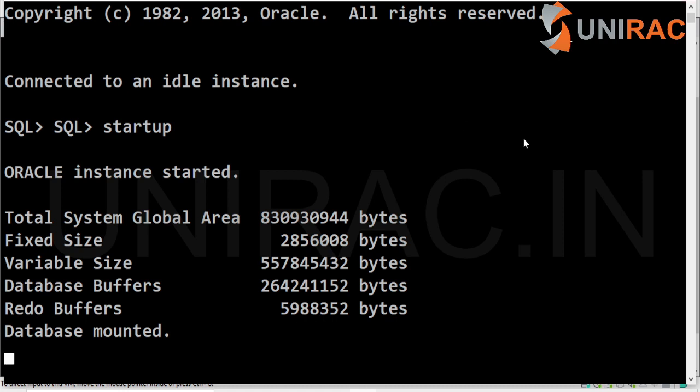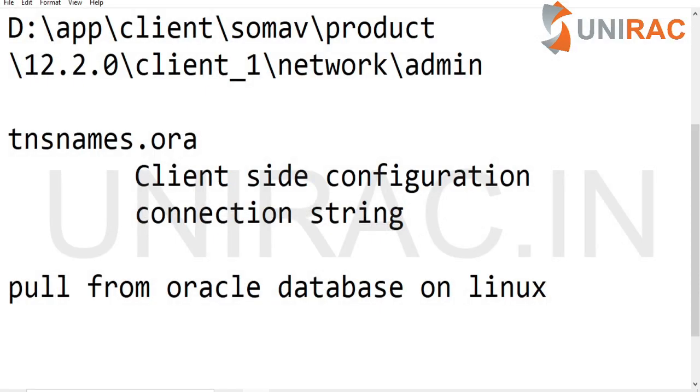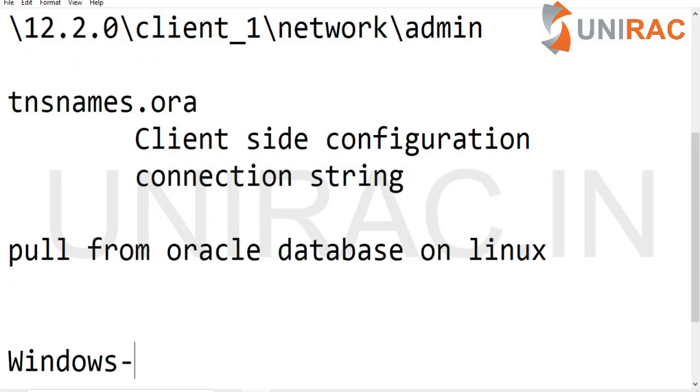we'll try to connect from the Windows SQL prompt using the Oracle client software. The database is installed on Linux. On Windows, we now have the client software.